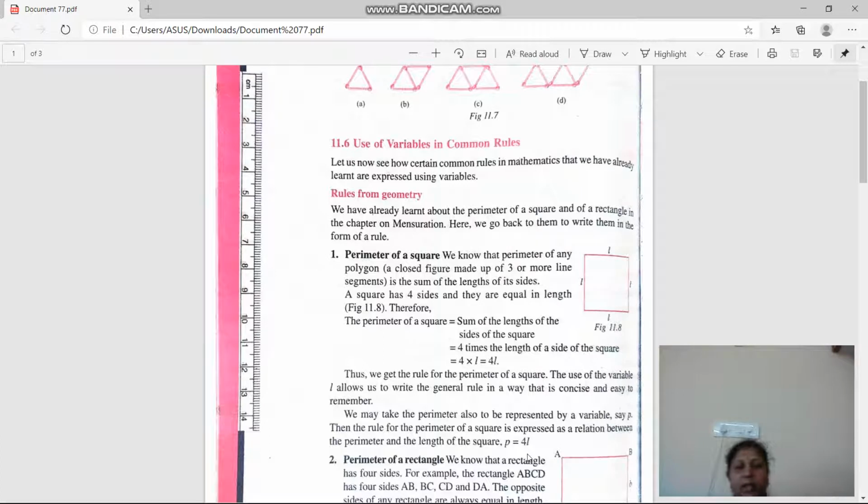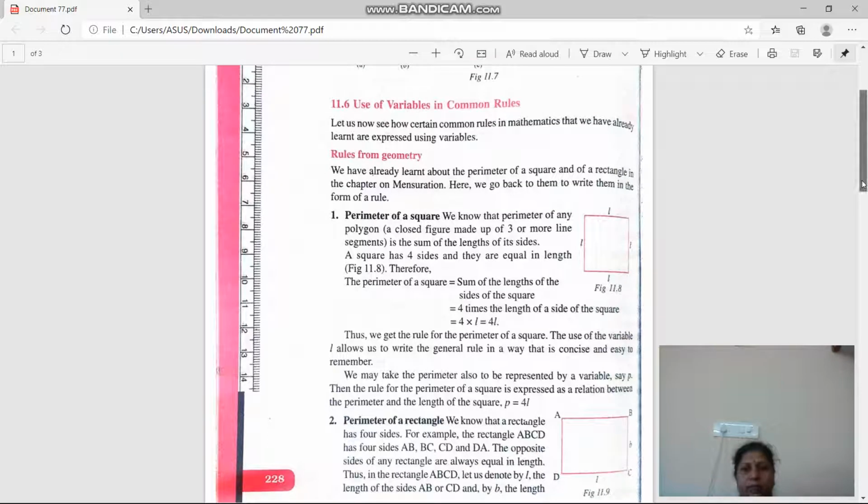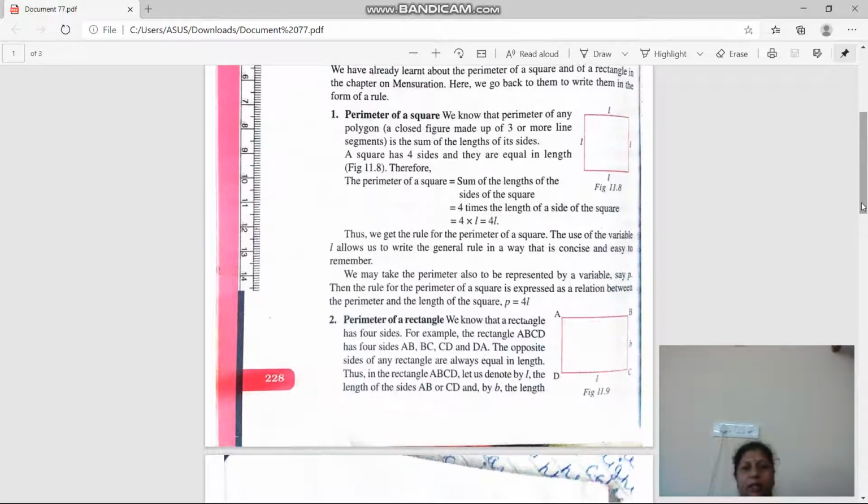Okay, now we will start with the perimeter of a rectangle. So, once again, perimeter is equal to the sum of all sides. Second thing, which quadrilateral do we call a rectangle? A quadrilateral having opposite sides equal and parallel. Opposite sides, not all sides. Okay,